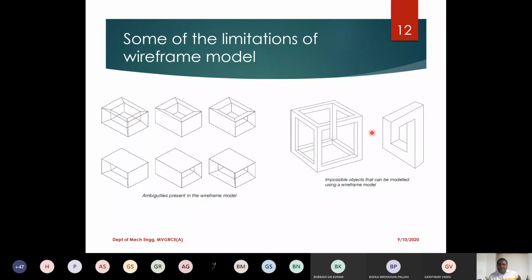If you look at the second picture, look at all these different edges. But in reality, is such a solid model possible? No, it is not at all possible. Even this picture is a wireframe model, but is it really possible to have a 3D model like this? No, you cannot manufacture a 3D model like this. But you can create a wireframe model even for impossible objects.